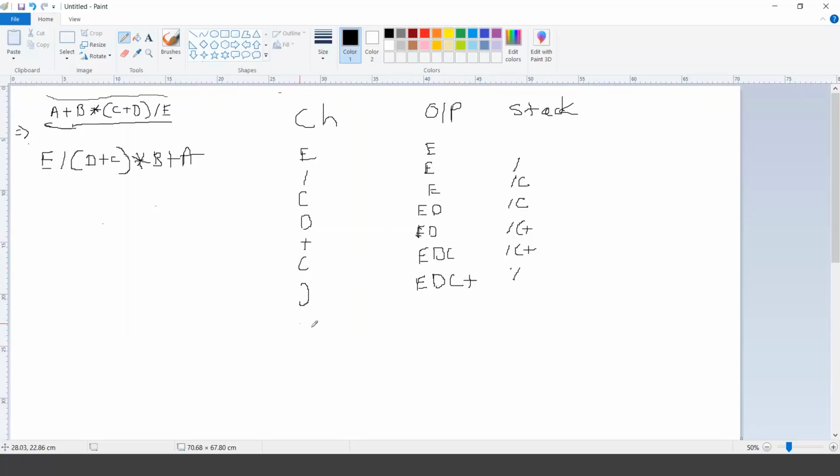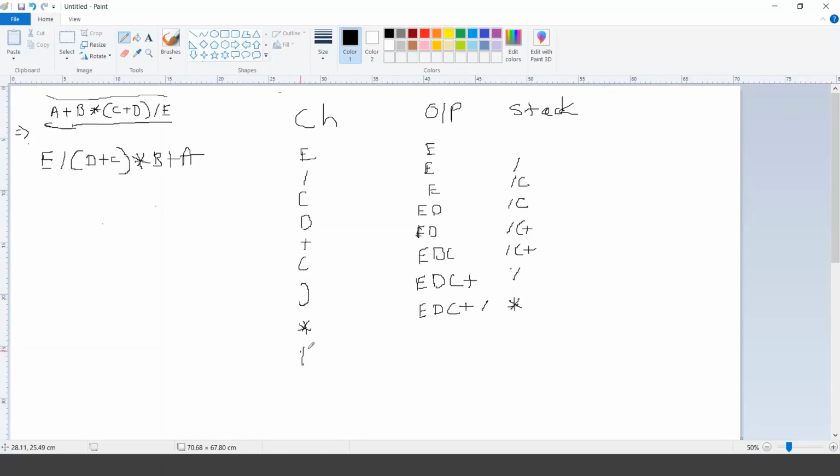Then obviously we are scanning the multiplication symbol. So I'll say E, D, C, plus, and then multiply. Sorry, here I have to take division out of the stack, and then push multiplication. That's fine.